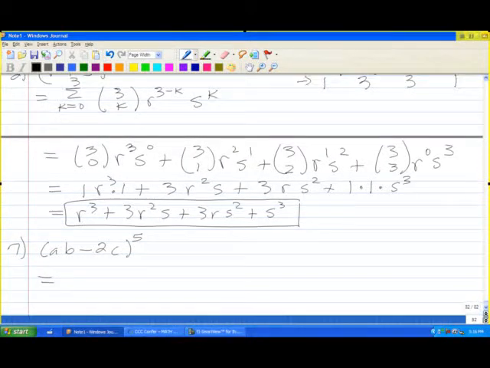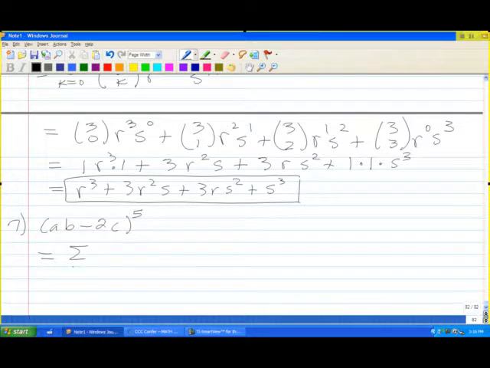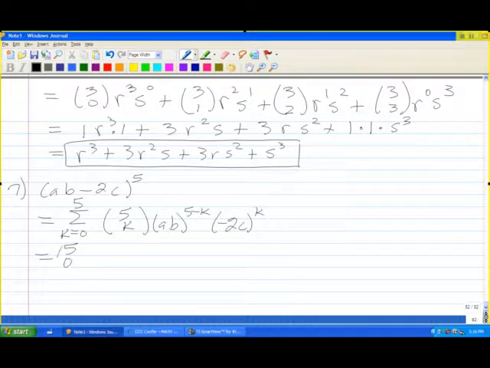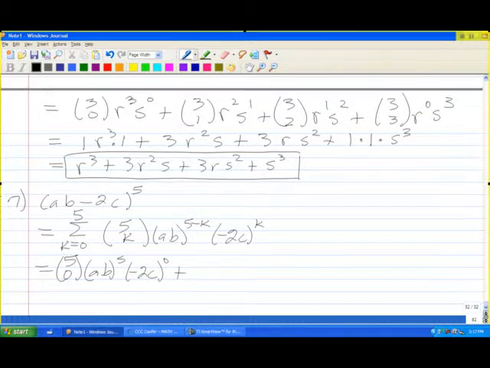So, by the binomial expansion, this is the sum, k equaling 0 to 5, of 5Ck (ab) to the 5 minus k, (negative 2c) to the k. And so this is 5C0, (ab) to the fifth, (negative 2c) to the 0, plus,